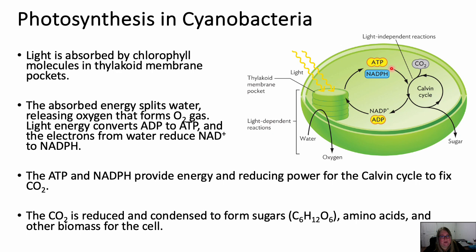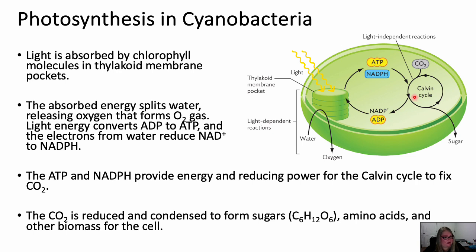We're going to use this energy and the energy in NADPH, and we're going to take our inorganic carbon, our CO2, and reduce carbon dioxide to fix carbon. Every time this happens, we fix one CO2 molecule. Glucose has 6 carbons, so this cycle is going to turn 6 times and use 6 CO2s to make one